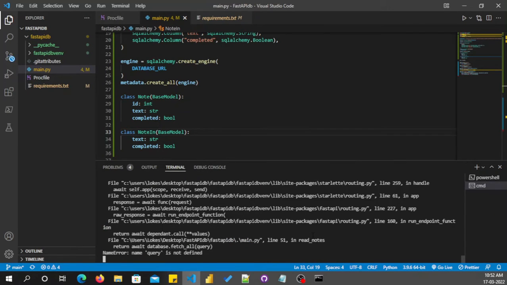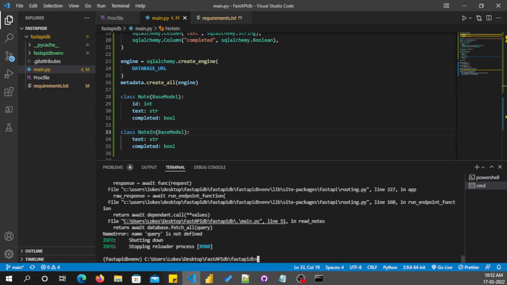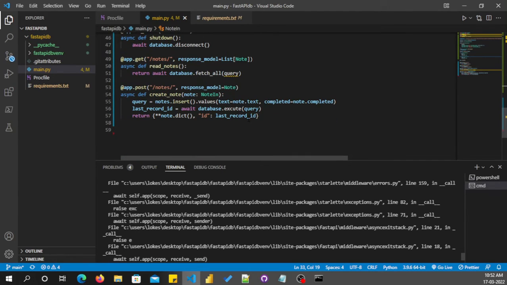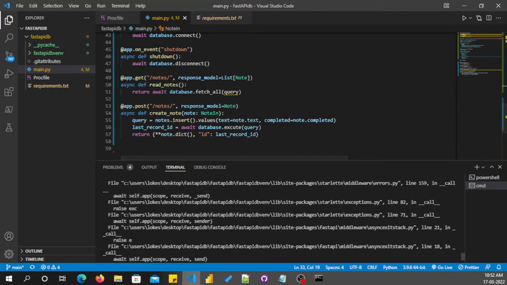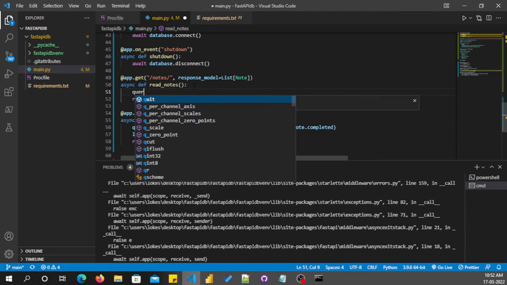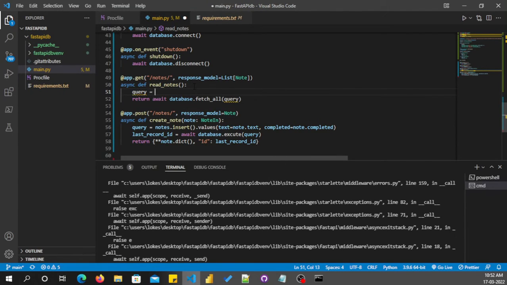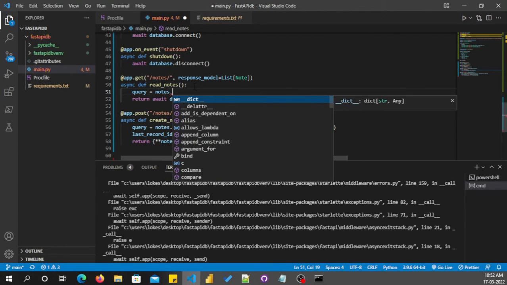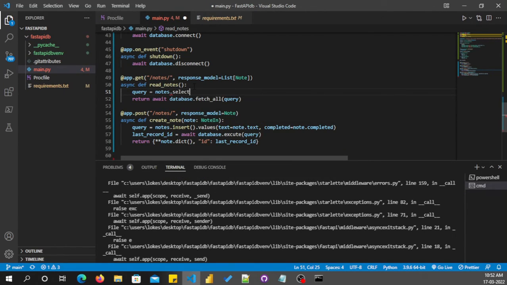Let's run it on the server. Yeah, because I didn't define any query. Let me define it over here, right? Yeah, I haven't defined the query here. So here the query will be notes.fetch all items. Okay, now see,